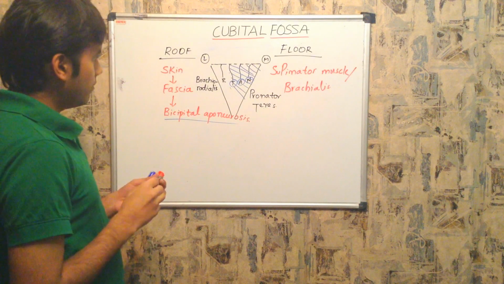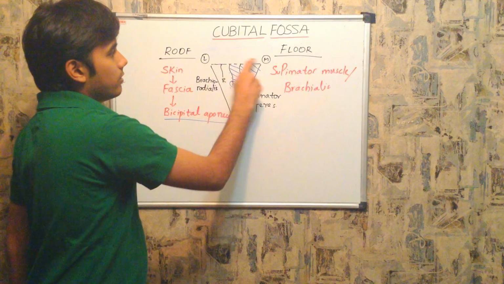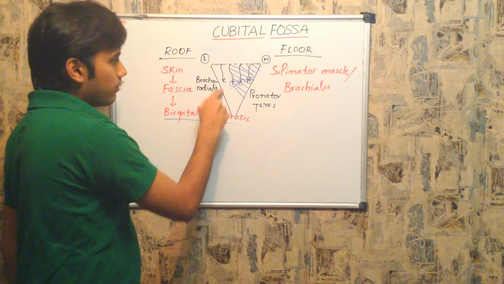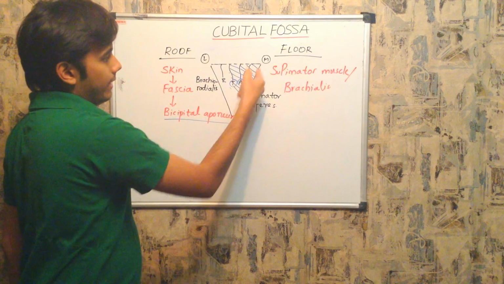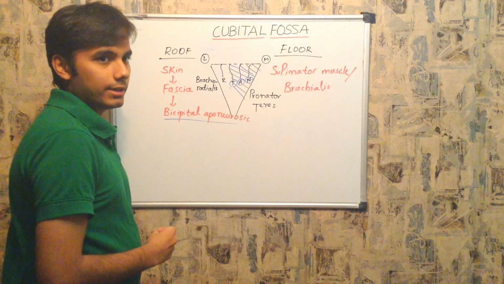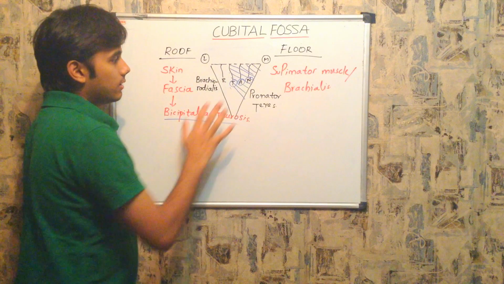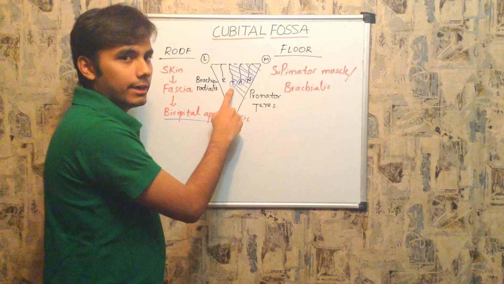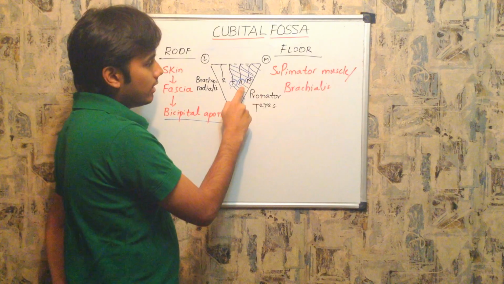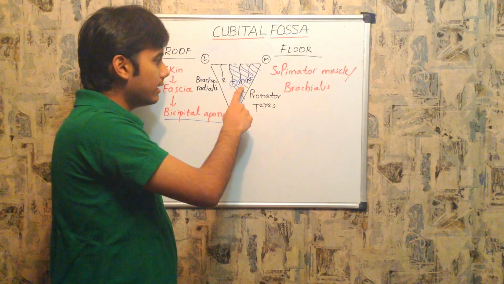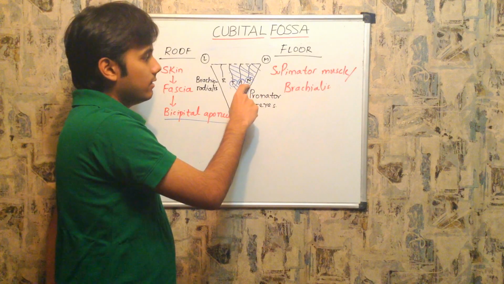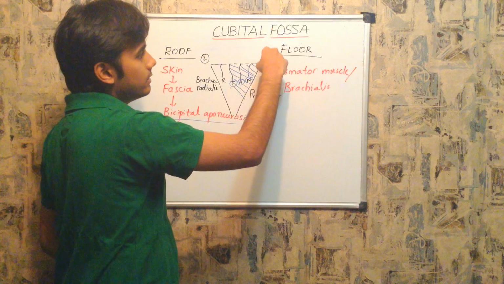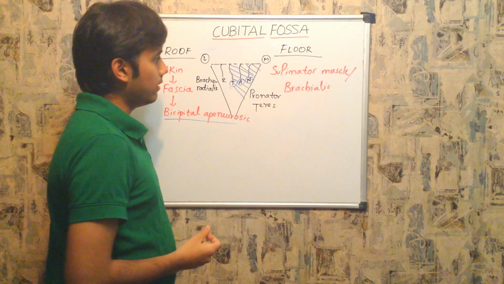Right? A quick review. This is the base of the cubital fossa. This is the lateral border of the cubital fossa. The lateral border contains brachioradialis muscle, and the medial border contains pronator teres muscle. So the structures that are present in the cubital fossa are, more laterally we find the radial nerve, medial to it we find the tendon of biceps brachii, more medially we find an artery called the brachial artery, and more medially we find the nerve called the median nerve. And one more structure that is present behind this medial epicondyle is the ulnar nerve.